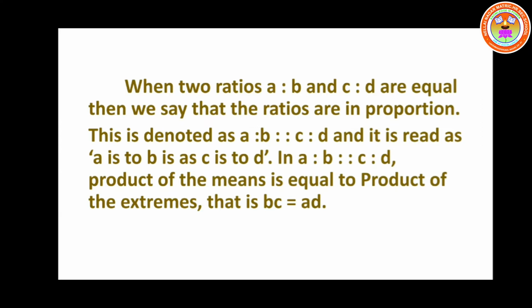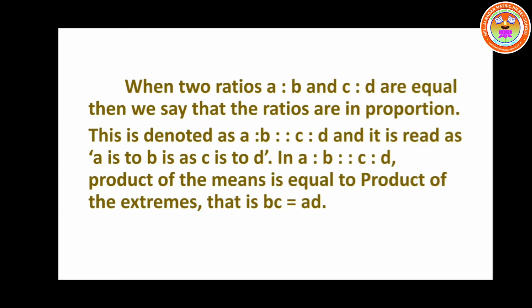Children, you can observe the two ratios there, A is to B and C is to D. Now the product of the extremes. What is the meaning of extreme? The end. That is A and D. From the two ratios, A and D are present in the extremes, which is equal to the product of the means. B and C are called the means here. The numbers present in between, that is B and C, are the means. What is the meaning of the product? Multiplication. So the product of the means is nothing but BC. The product of the extremes is nothing but AD.